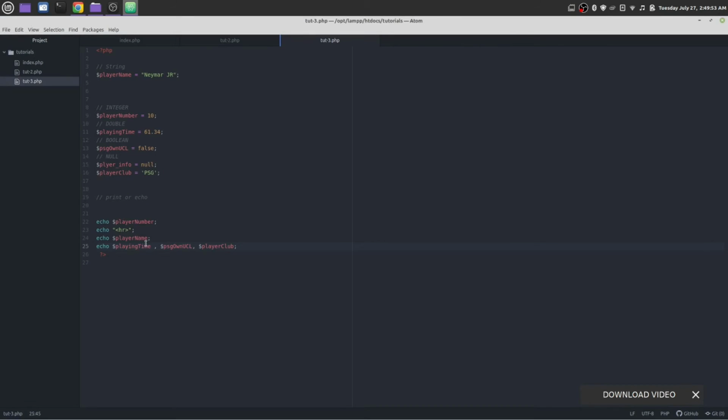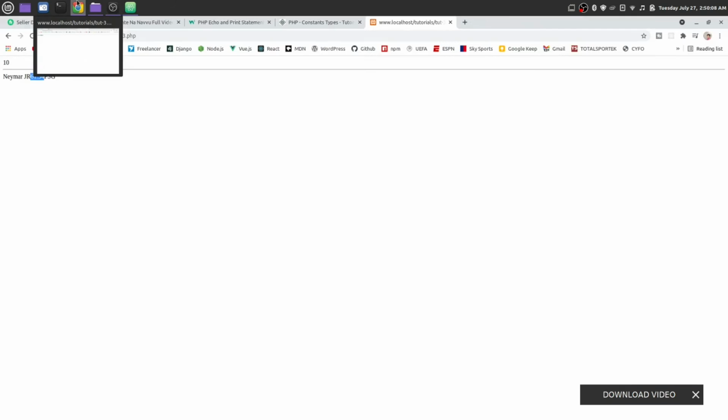Actually, let me add hr once again. Ctrl Shift D, and below this player name, let's add this line once again. Save it so it will be a little bit easier to read. You see it's showing 61.34.